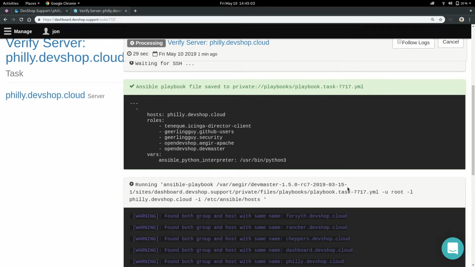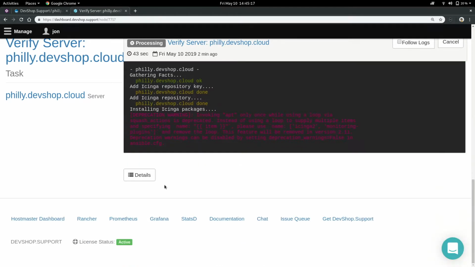So we took all the data in the Drupal site, and we render an Ansible playbook dynamically. So at the end of the day, you're still getting a playbook file and variables, just generated dynamically, but you can put variables in the playbook. It tells you where it saves it, so that you can edit it any time, and then there it goes. It kicks off this Ansible playbook call,